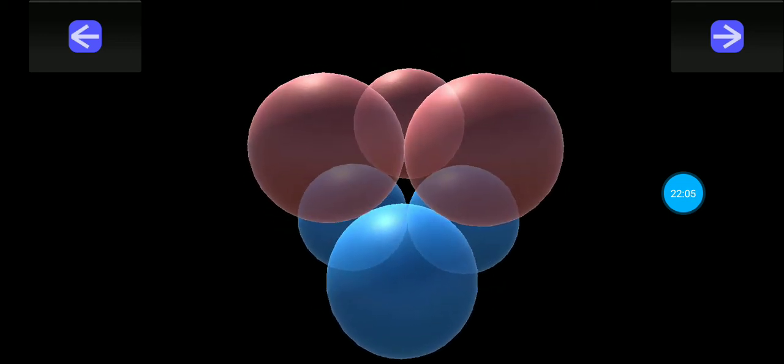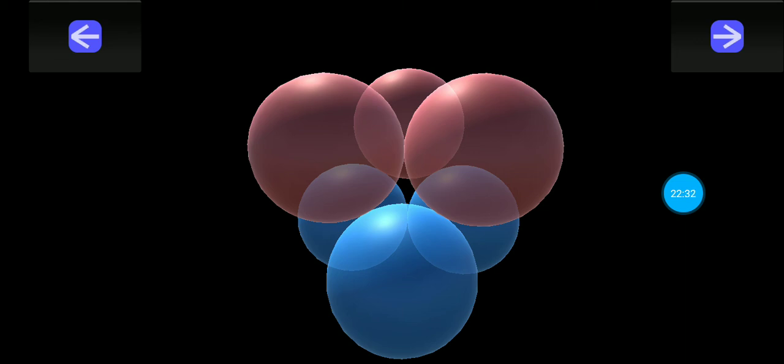Okay. So this octahedral void is surrounded by 6 atoms. At top 3 atoms, red colored. At bottom 3 atoms, blue colored. So this is the octahedral void which is formed by 6 atoms. The tetrahedral void was formed by 4 atoms. The octahedral void is formed by 6 atoms. So these are the 2 different voids which we should know.